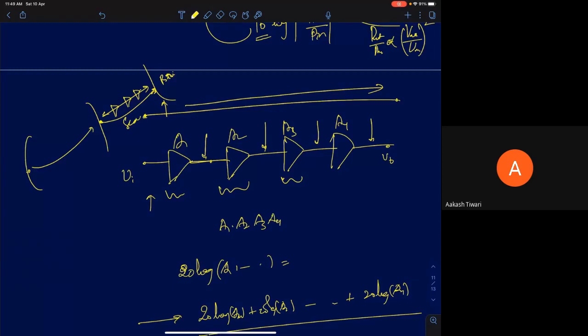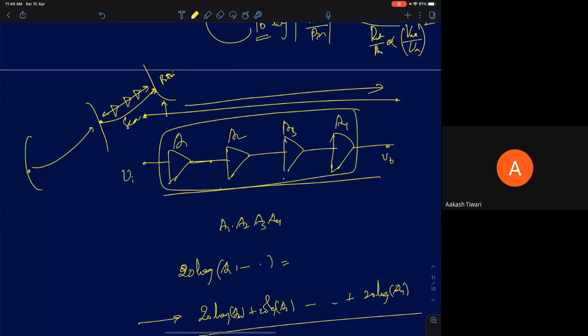When vacuum tubes were popular, they were using vacuum tube amplifiers. Later they were replaced with semiconductor amplifiers. So it is very clear that we need a cascade of amplifiers. Amplifiers will generally be cascaded together. When amplifiers are cascaded, if you want to find the overall gain of the amplifier, that will be simply the product of all the gains. The product of all the voltage gains gives me the overall amplifier gain.